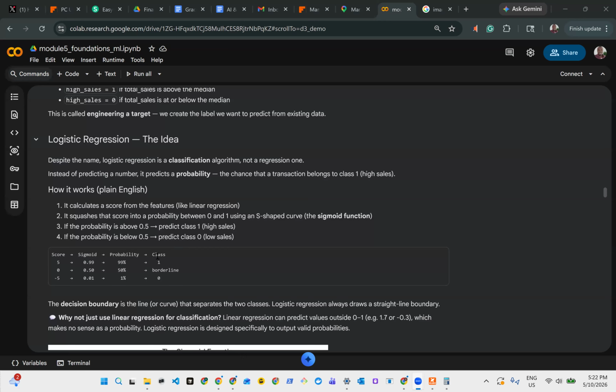That is if we have more than one class. But usually, we have a binary class, which is 1 and 0. But as well, we can have a multi-class problem where we have two or more classes to predict. So the last one is if you have a negative value in your linear regression, we can squash it to 0.01, which is less than 50%, and that is a low class.